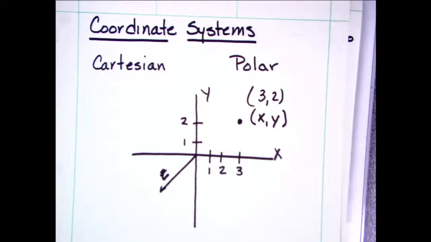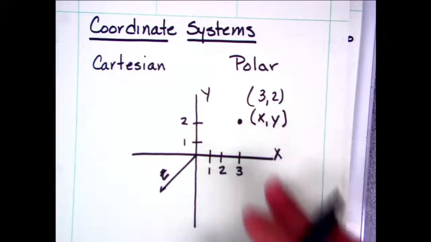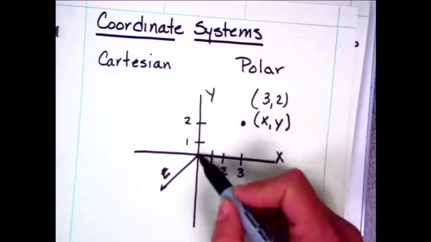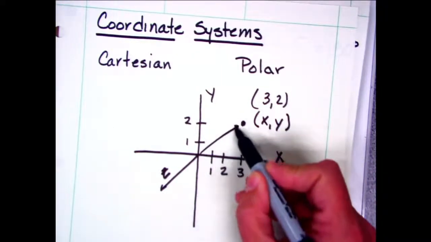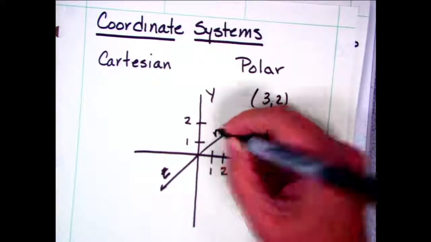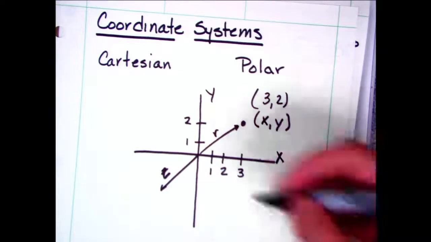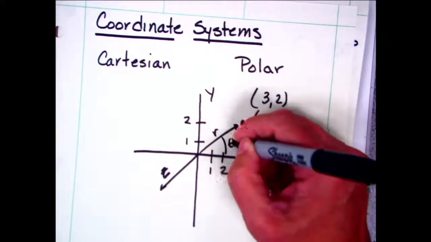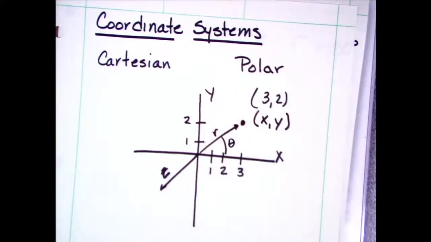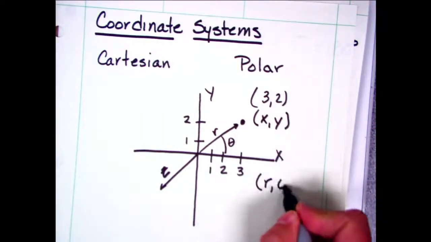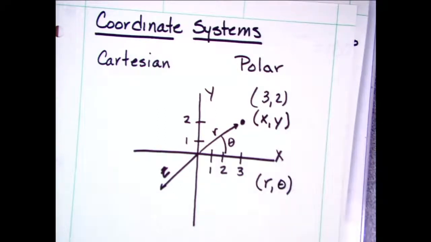Well, one of the things that I also can do is I'm going to be able to convert this to a polar coordinate system. And in my polar coordinate system, I'm going to use something called r. That's going to be my radius to that spot. And then I'm going to use the angle. So there's my angle to that spot. So instead of an x and y, I'm going to use an r and a theta to represent my position